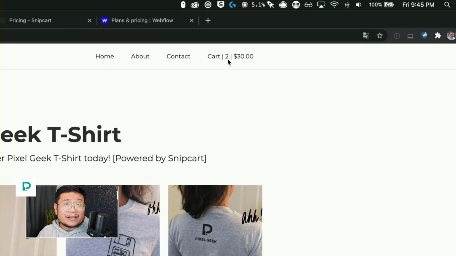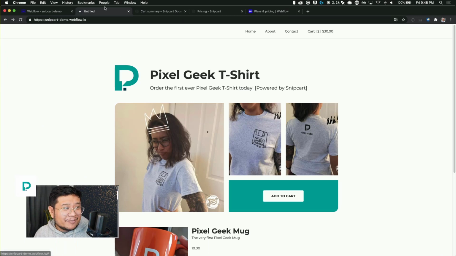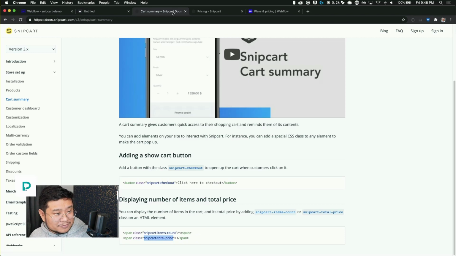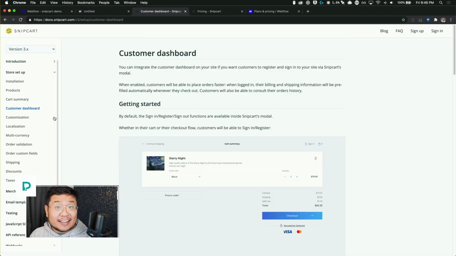All right, so a very low code way. I've just added a class name. All right, so that's pretty cool, adding the cart summary. And now last thing I want to show you that's really cool is a simple link where people can go to their customer dashboard so they can see their order history. Okay, so all you have to do is add a class name.